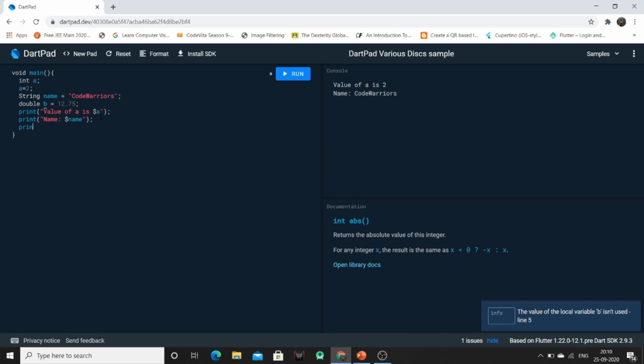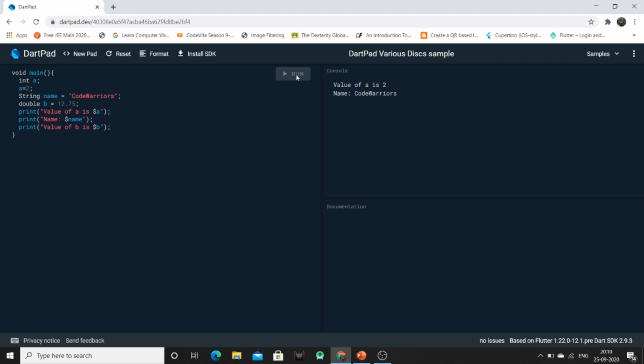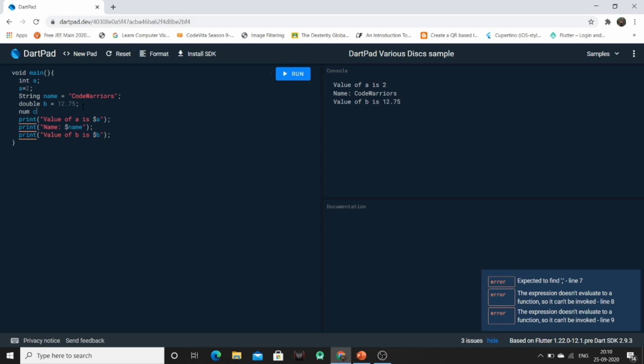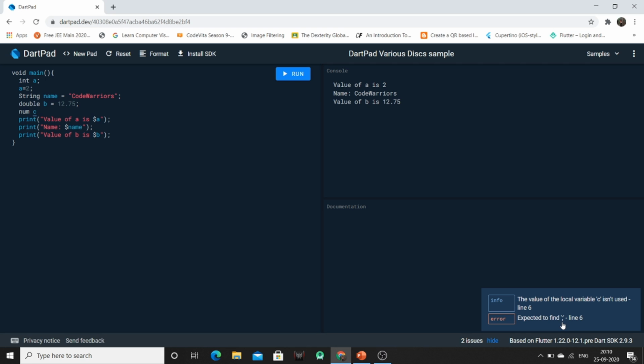So now we will use the value of b for output. Value of b is $b. So this will print the value of b in the console. Now the next data type is num c. So here you can see the error that a semicolon is expected in line C, and the local variable which we have declared isn't used till now.